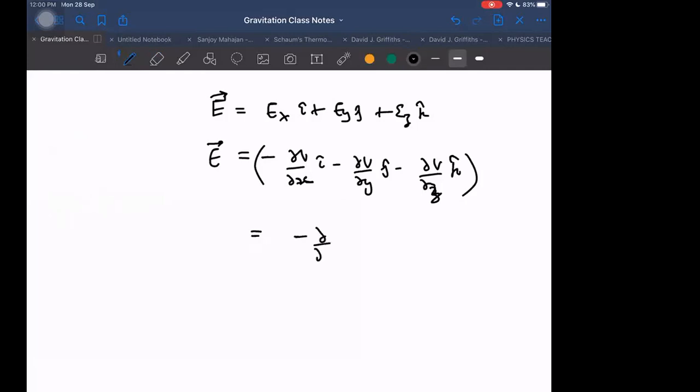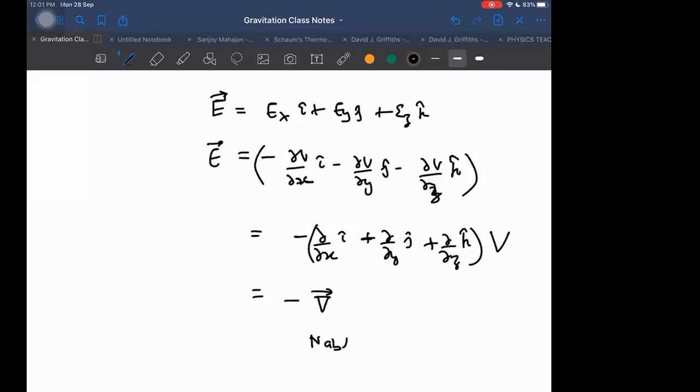And that I can also write as minus of del by del x i cap plus del by del y j cap plus del by del z k cap, the whole multiplied by V, which I can write in short form as del V. We call this a differential operator, the nabla operator, or the del operator. This del operator multiplied by V is a vector operator. Why do we call it a vector operator? Because it changes the scalar into a vector. When it is multiplied with the scalar, we get a vector. So we think as if this operator itself has direction, because it gives the direction. Okay. And what is the direction of del V?